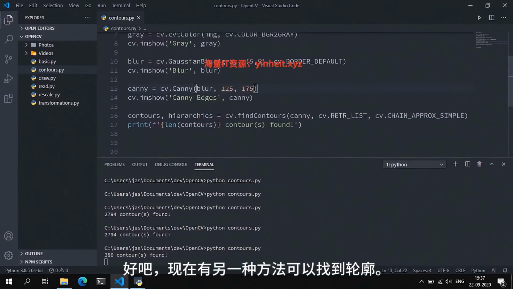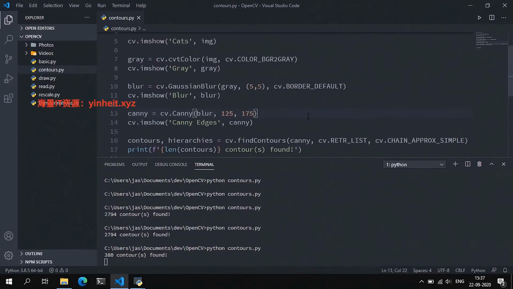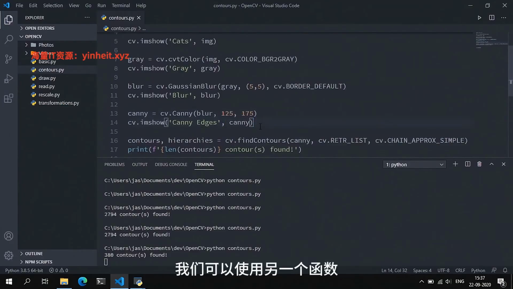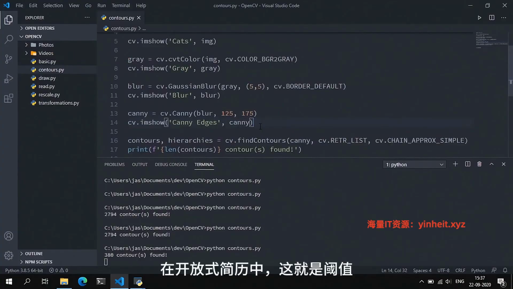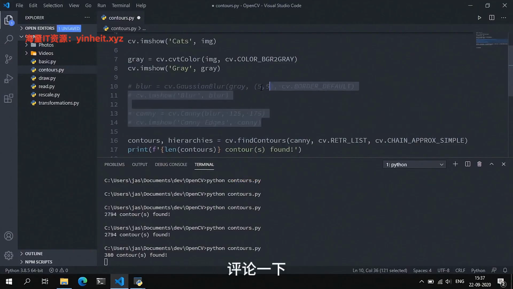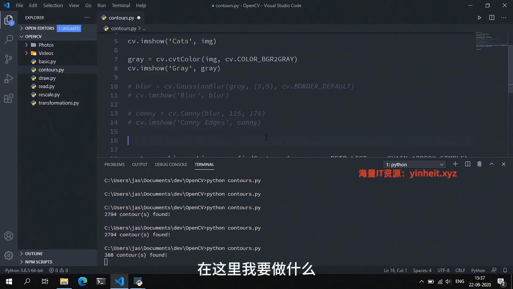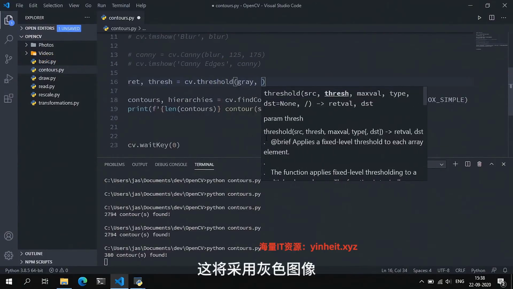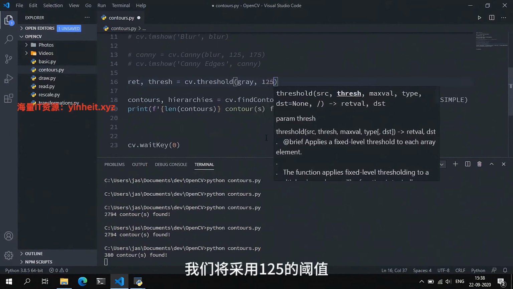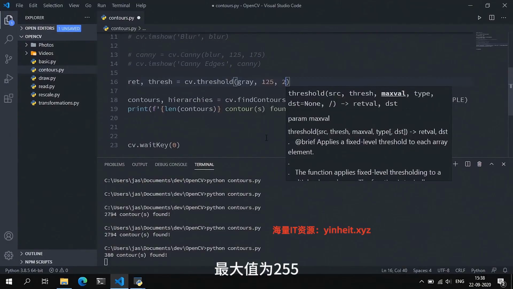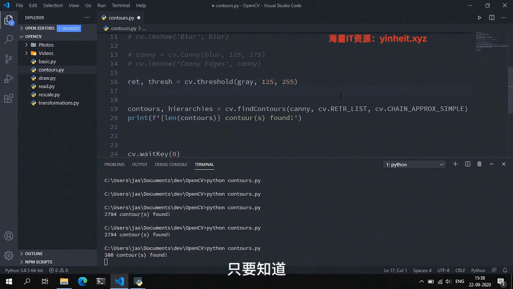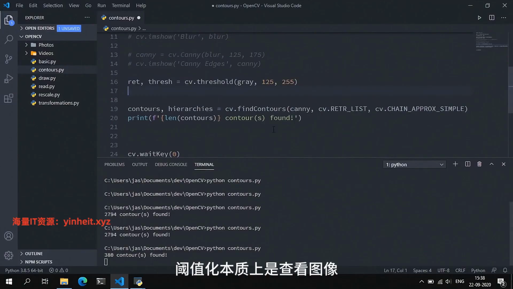Okay, now there is another way of finding the contours, is that instead of using this Canny edge detector, we can use another function in OpenCV, and that is thresholding. So I'm just going to comment this out, and down here I'm going to say ret, thresh is equal to cv.threshold. This will take in the gray image and will take in a threshold value of 125 and a maximum value of 255. Don't worry too much about thresholding for now. Just know that thresholding essentially looks at an image and tries to